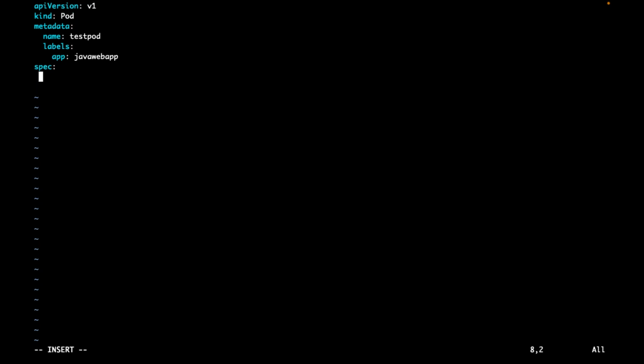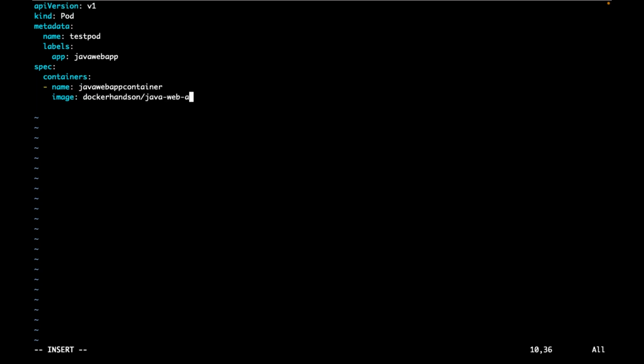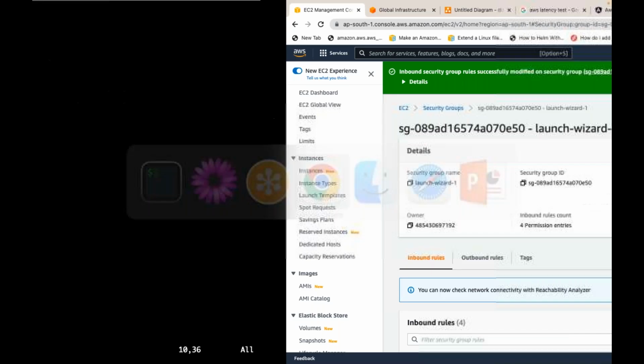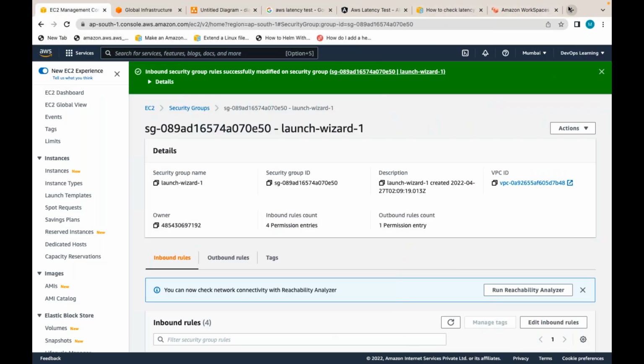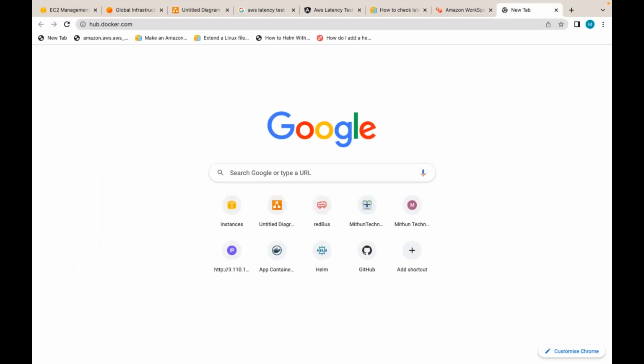Now here, containers. Name of the container, I can say some container. I am using some image. Can I give any name for the container? Yes. Image, let me use this image, whatever image I have. Otherwise, will I get an image pull error if I don't give proper image details?